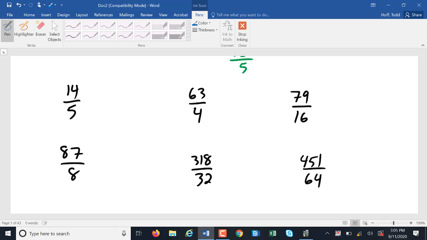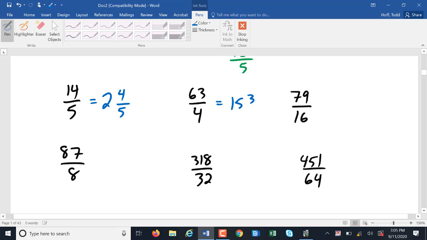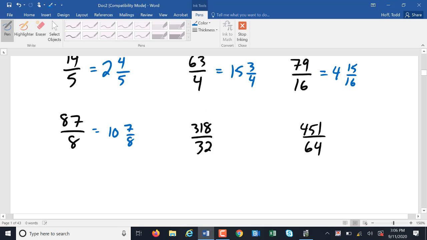Let's see how you're doing on these so far. 14 fifths becomes 2 4/5. 63 fourths, 15 3/4. Good. 79 sixteenths, good. 4 15/16. 87 eighths, 10 7/8. Good. Now these last two, I want to take you through how to do them on the